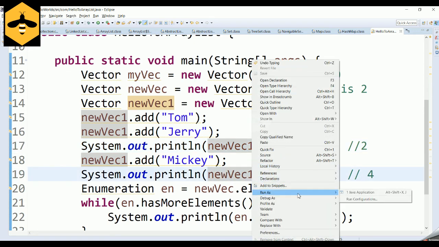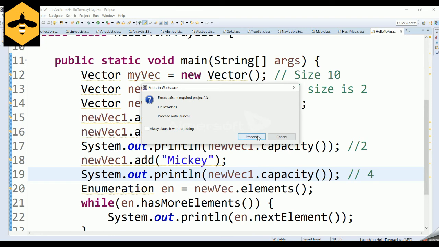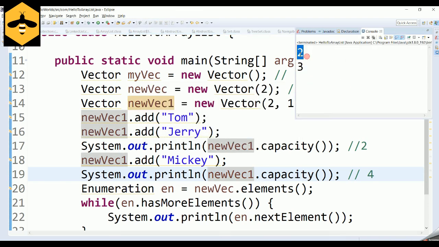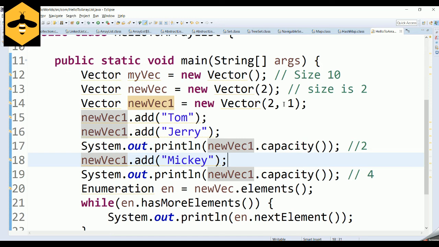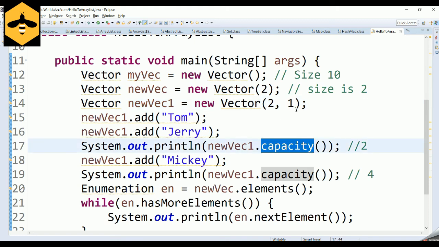Now if you run this program, see, the initial size is 2, and after adding the third element, previously, since I had not specified any capacity increment, it doubled and my size was printed as 4. Now in this scenario, since I have specified the capacity increment as 1, after reaching its maximum capacity, its capacity gets incremented only by 1.